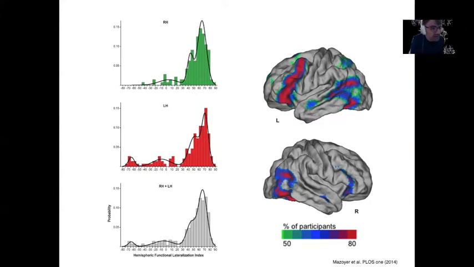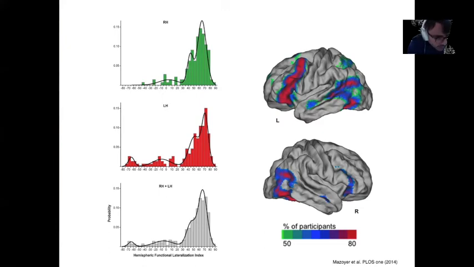If you look at the distribution of the lateralisation index in the green chart on the top, you see that most people are strongly lateralized in their pattern of activation. And you have a second peak of fewer participants that are a little less lateralized, and very thin tails of participants showing weak or no lateralization.